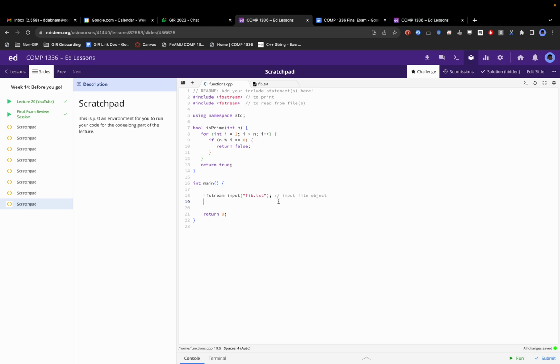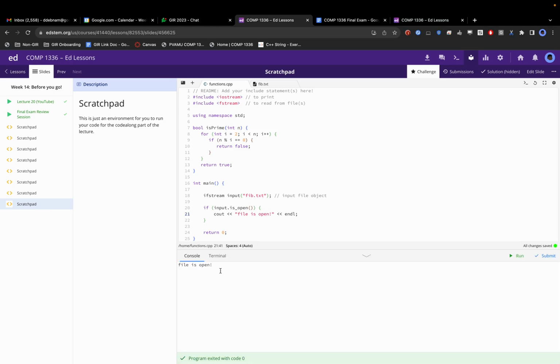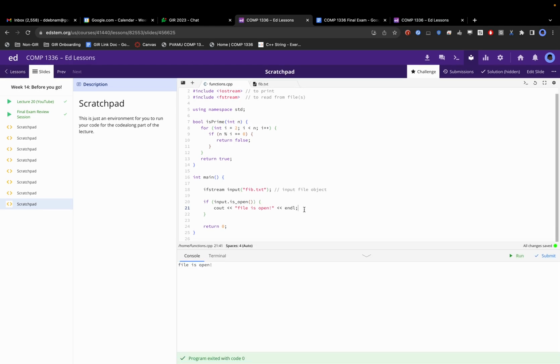Once I do that, now I want to check if input is open. Is this thing going to actually open, right? So I'm going to say if it opens, file is open. Boom. So let's see if this runs. So it successfully opened the file. We know we're good to proceed. So if the file is open, then